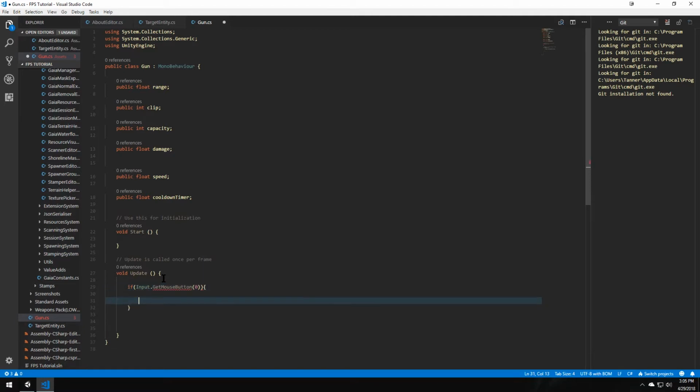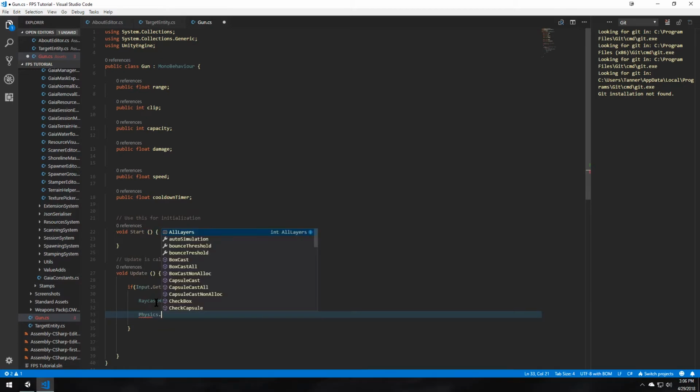0 is the left mouse button. So when we're trying to shoot, first thing we're going to need to do is do a raycast. So essentially we're shooting out in a straight line from some point and trying to shoot something. So Physics.Raycast out